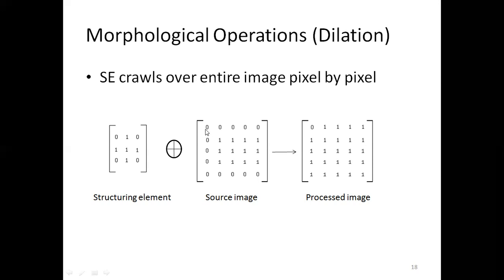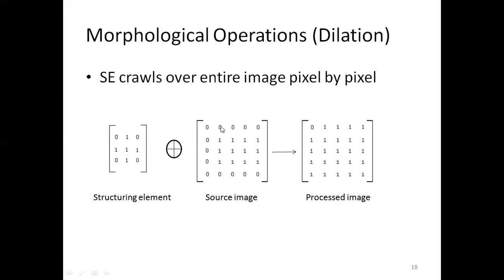It will be filled once we process the pixels one by one. Here we are considering the first pixel, and we have placed this origin on it. As it is the first pixel, only these 4 pixels will be considered. These 2 pixels have a 1 value, but in our case the source image has a 0 value, so it is marked as 0. If any neighboring pixel has a value 1, then it will be marked as 1.